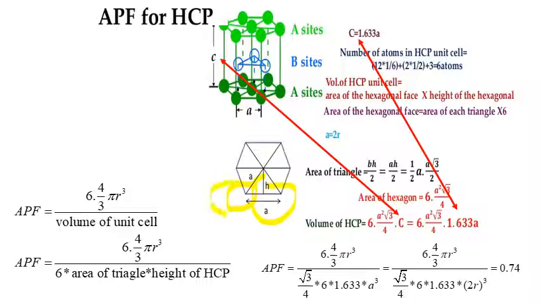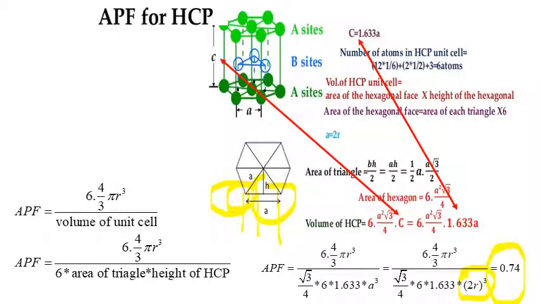Okay, so one of the same size. So from tail to tail it's 1r, and from tail to tail it's one more r. So that is 2r. Okay, so that is (2r) whole cube. So this r cube will get cancelled, and if you calculate the value, you are going to get 0.74.